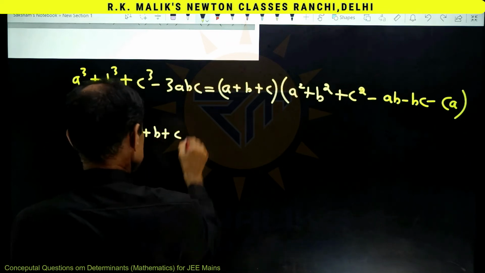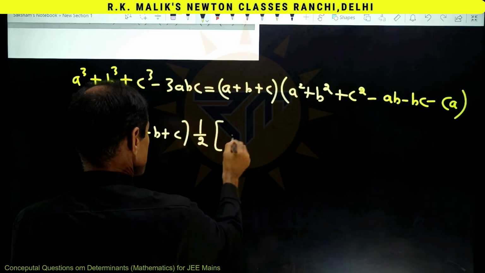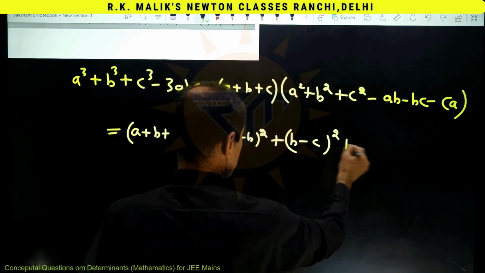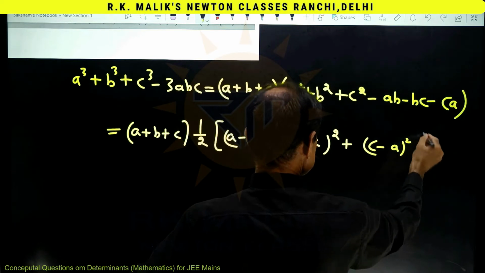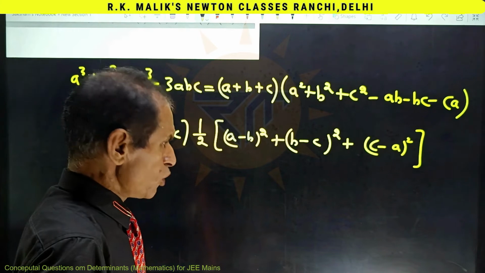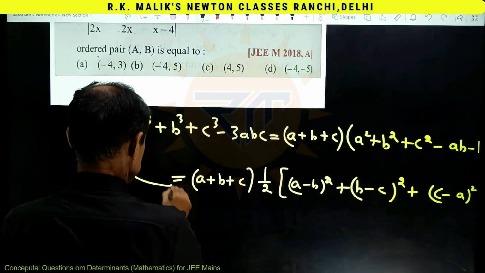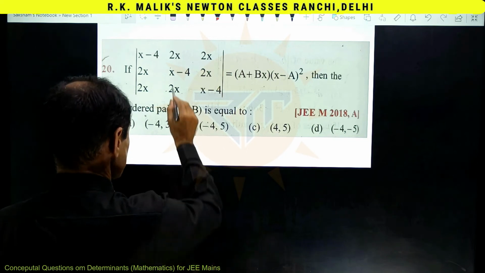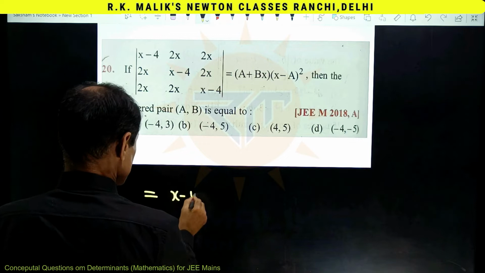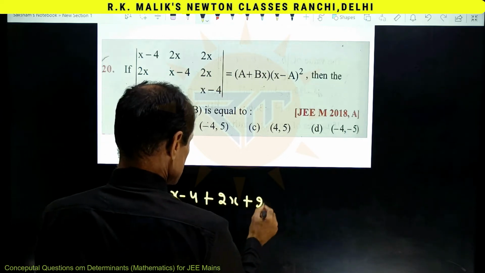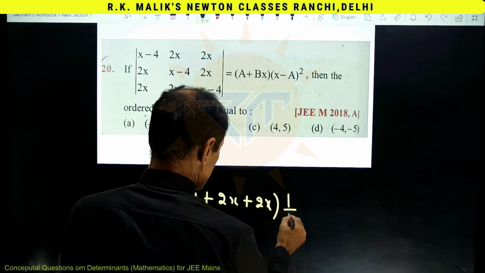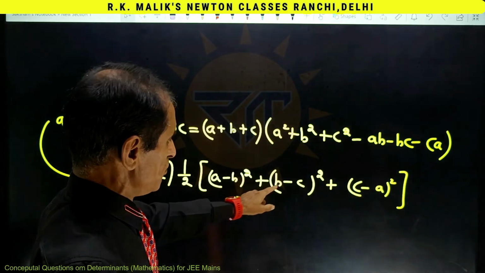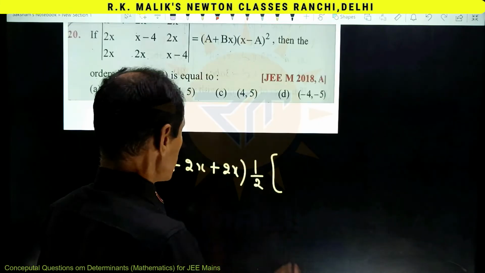A plus B plus C into half of A minus B whole square plus B minus C whole square plus C minus A whole square. You must have studied this in lower classes, and keeping this result in mind, I am going to take this as A, this as B and this as C. The result will be equal to x minus 4 plus 2x plus 2x into half of. Now it is clear, further it is A minus B whole square plus B minus C whole square plus C minus A whole square. Therefore I will get